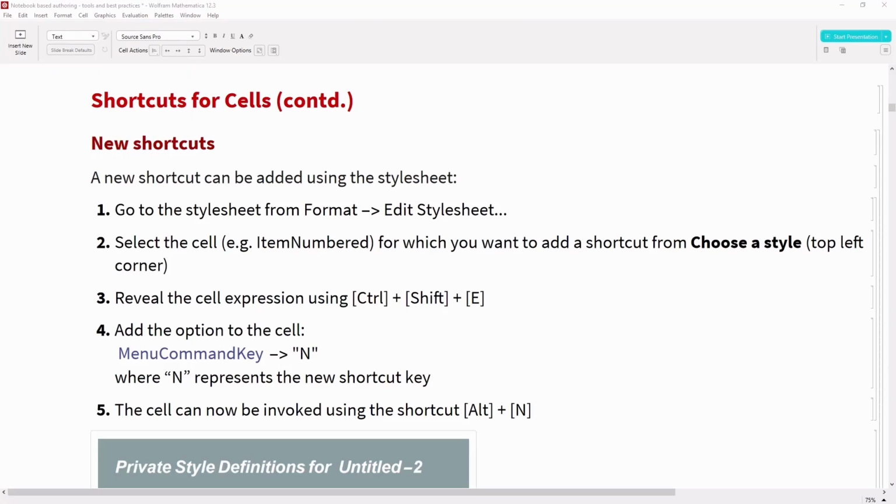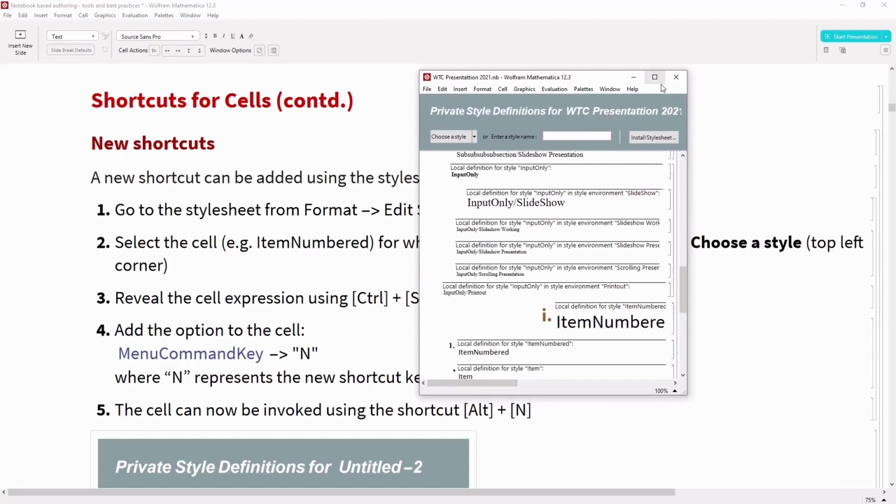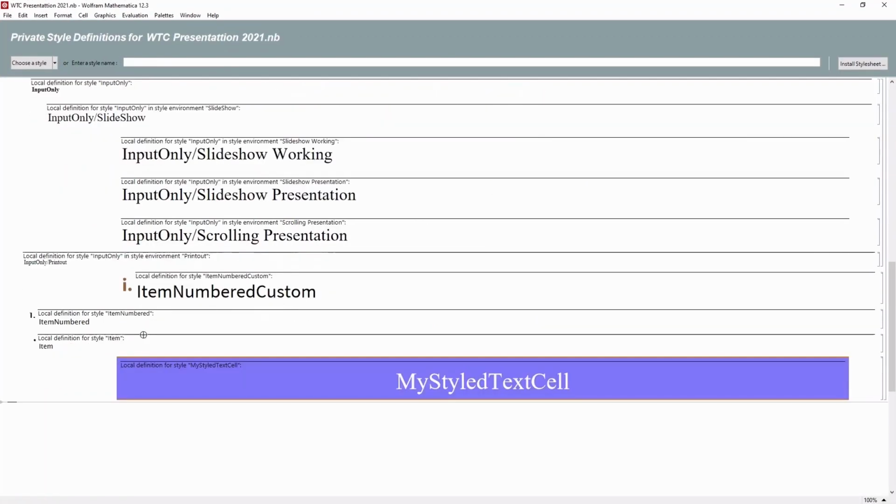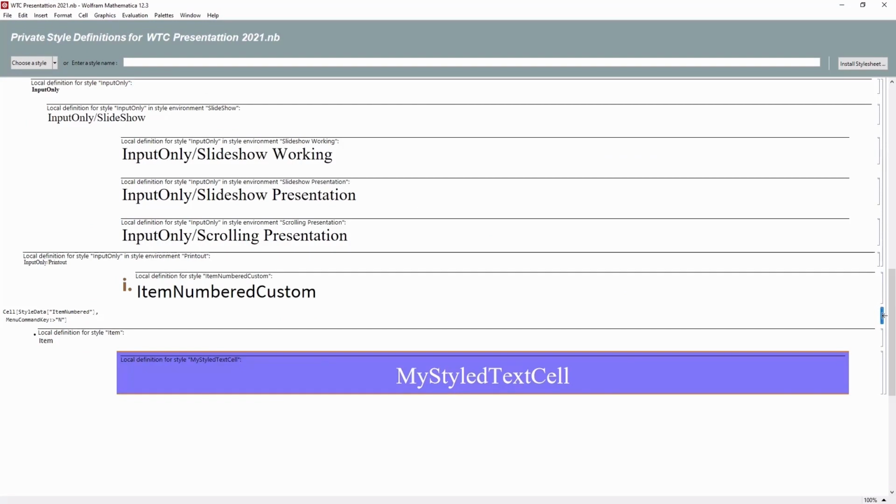So I'll just bring up the style sheet. In this style sheet, I have already added a shortcut for item number cells. If I hit Ctrl Shift T, I'll see the cell expression, and you can see that I have added a menu command key and I have added the shortcut as N.